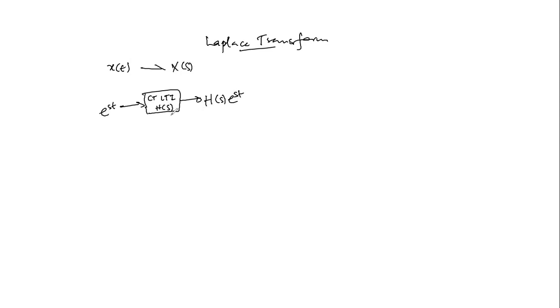So you will also recall, as was stated previously, that the response of any eigenfunction can be easily determined. Meaning the output of any given eigenfunction fed into a continuous time linear time invariant system can be easily determined. And we just mentioned that the Laplace transform